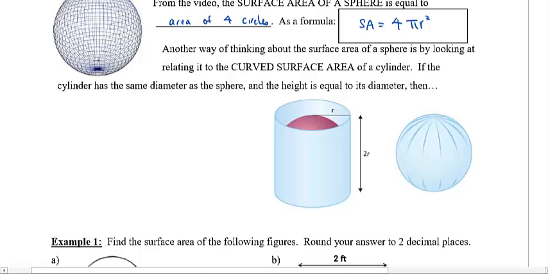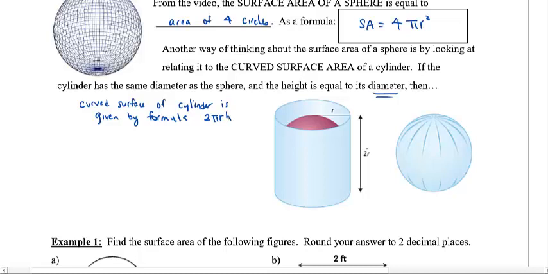Now, if the cylinder has the same diameter as the sphere, and the height is equal to its diameter, once again that's why it's 2r, then what you find is that the curved surface of the cylinder is given by what formula again? Do you remember this from grade 12? Not grade 12, grade 8. Remember 2 pi r squared, that's the 2 circles, top and bottom, and then the curved surface is 2 pi